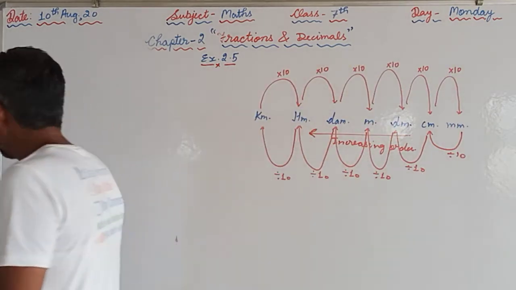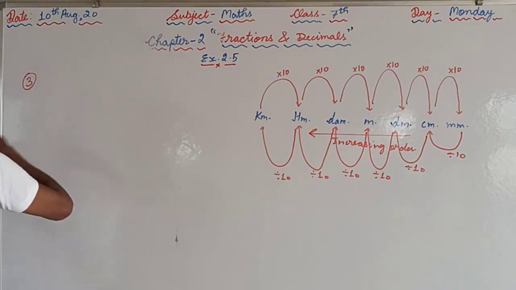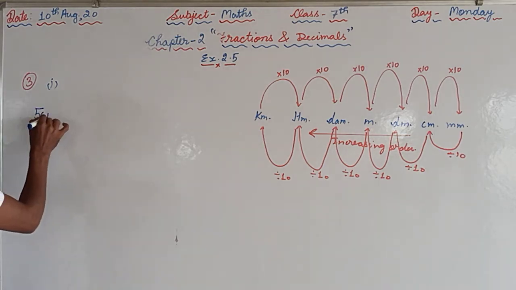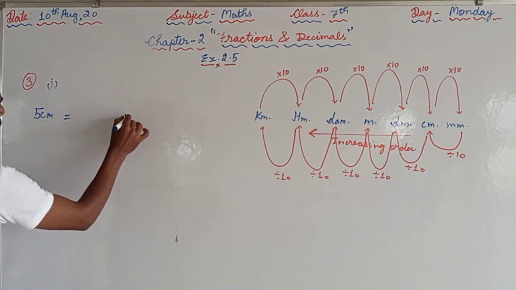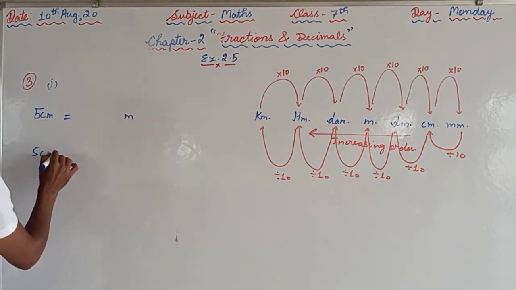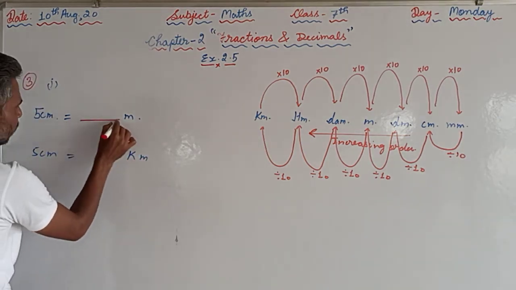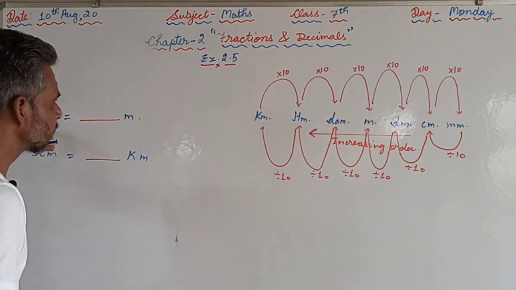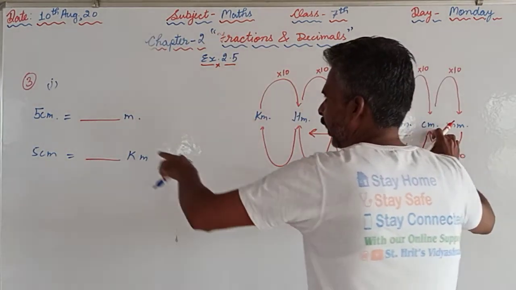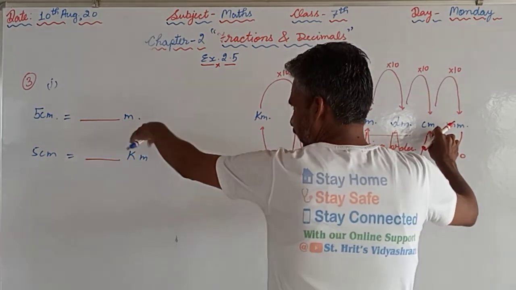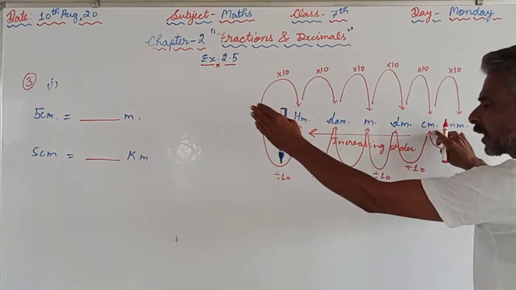So now we will see the part first, what is given in that part, and we will read the question as well. Express 5 centimeters in meters and kilometers. 5 centimeters into meters and 5 centimeters into kilometers. We have to convert. So 5 centimeters, where is 5 centimeters? Here. So in which quantity we have to convert that? Meter. Meter is on the right-hand side, this.